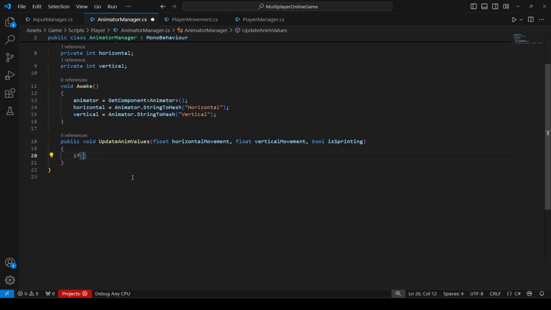Once you do this, then we will say if the character is sprinting, then the horizontal will be equals to the horizontal movement. Alright, and the vertical will be equals to the vertical movement. Okay, and then right side this if condition, we will say animator dot set float, pass horizontal, then